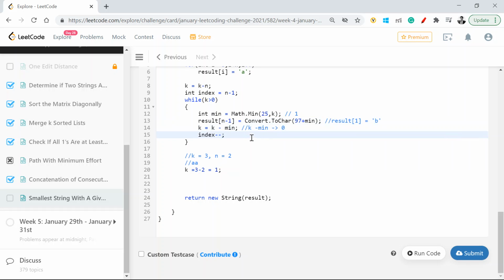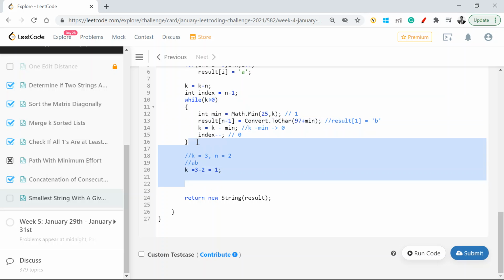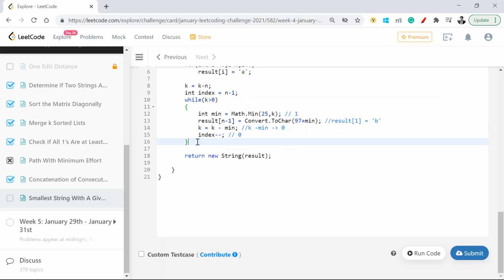This becomes 0. Index is updated to 0, but that really doesn't matter, because this time my k is equal to 0. The loop will terminate, and my ith index, the last index, will be updated to b.